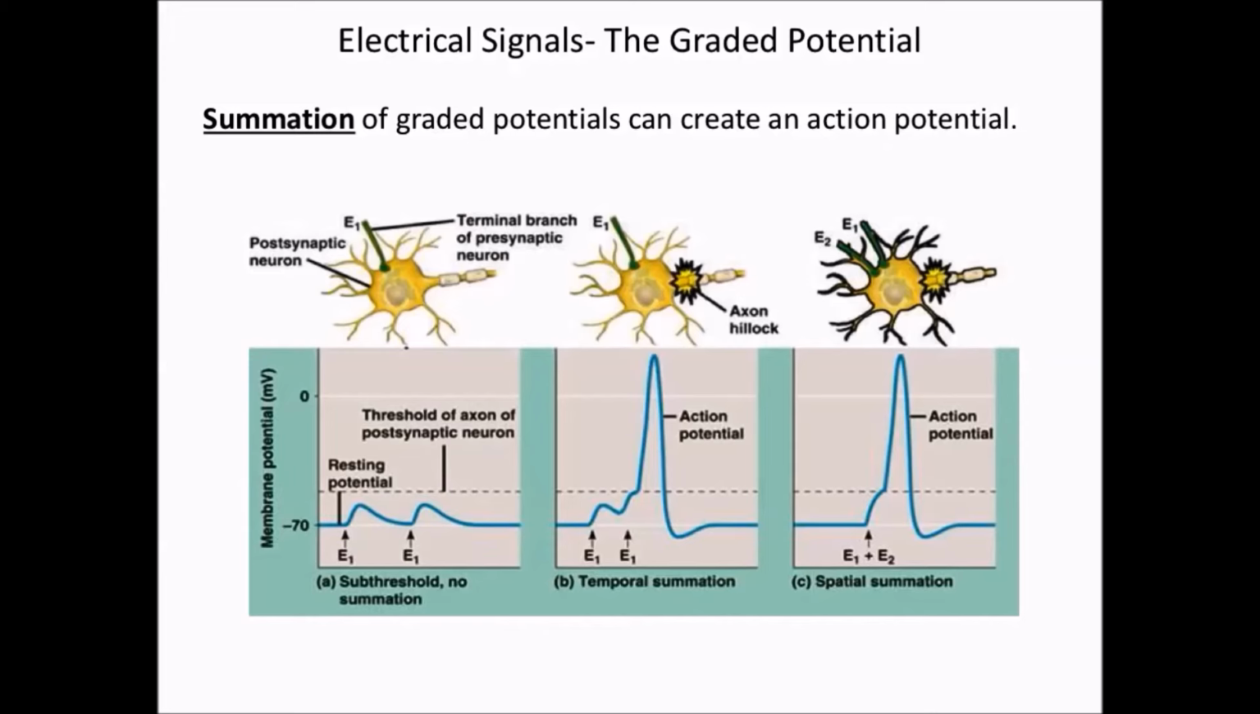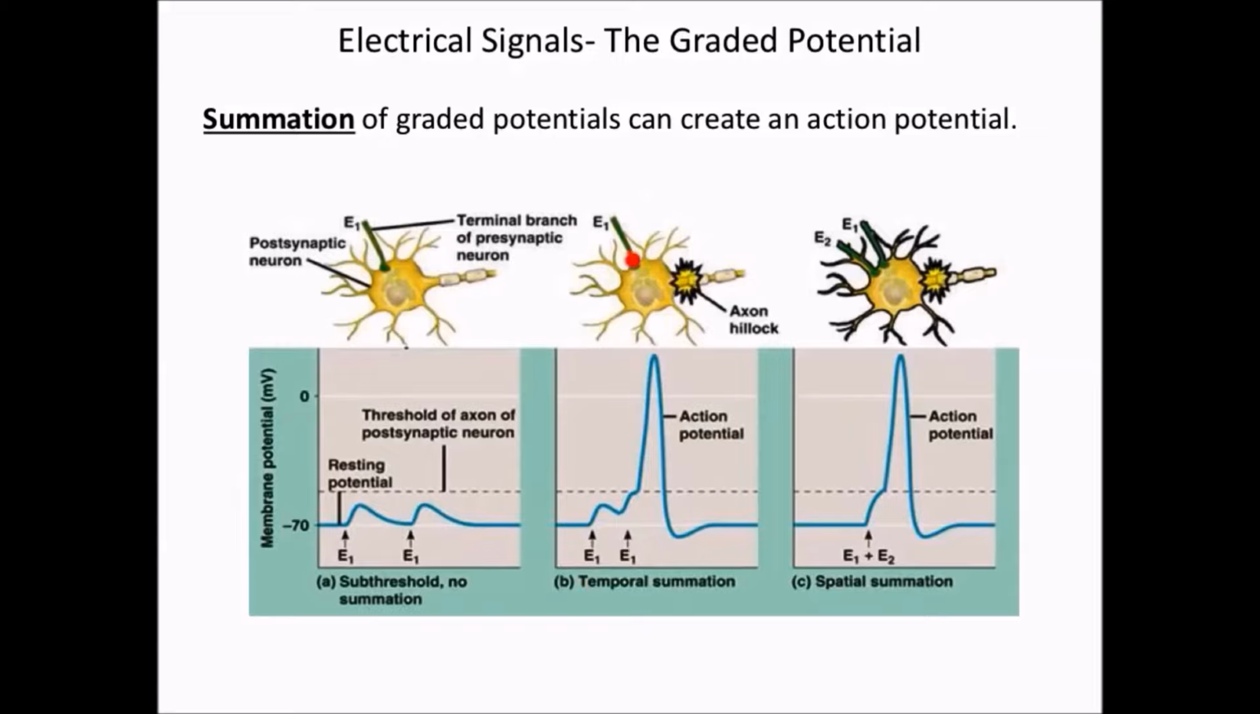Summation of graded potentials can create an action potential. So in essence, you are basically adding graded potentials one on top of another until you reach threshold so that you can create an action potential. So looking at this second illustration here in the middle,